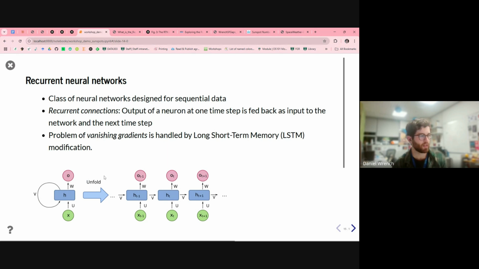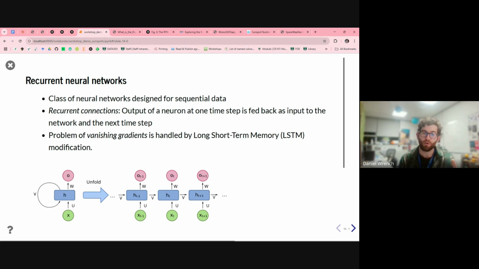And if we unfold that simplified diagram, you can see how the inputs are being fed into this hidden layer, but then the output for a previous time step, a nonlinear activated linear regression, is then fed into the calculation for the next time step, and so on and so on. So this is a way of recalling previous information and therefore modeling the dependence between observations.